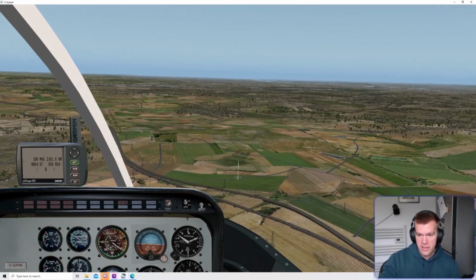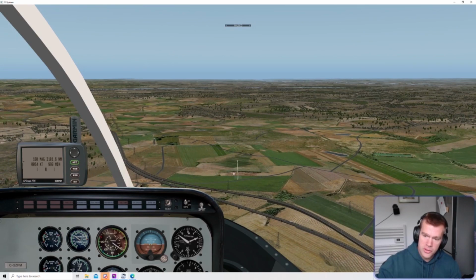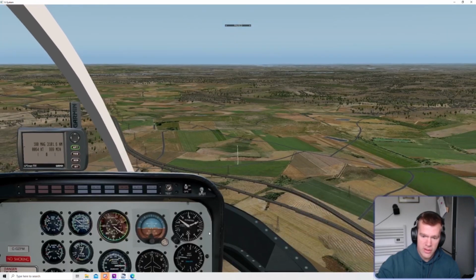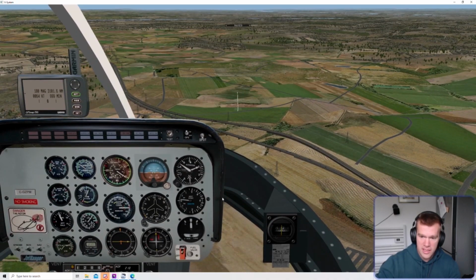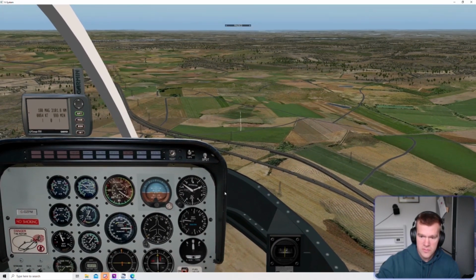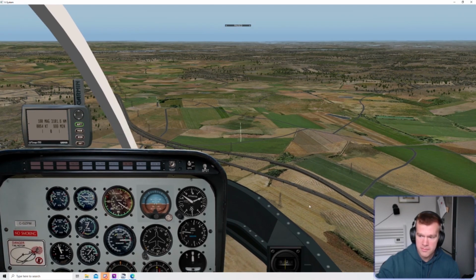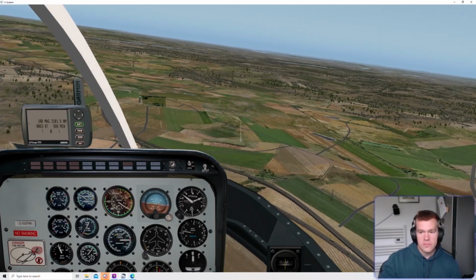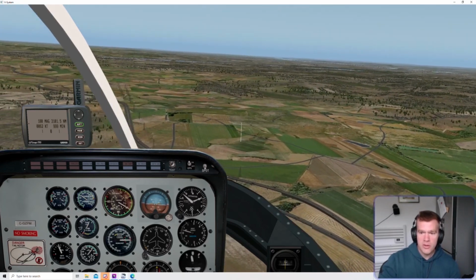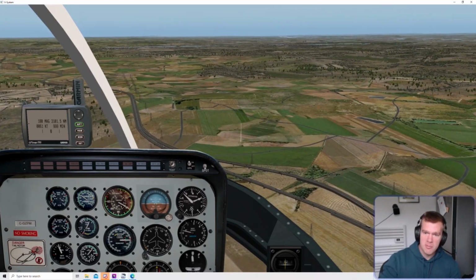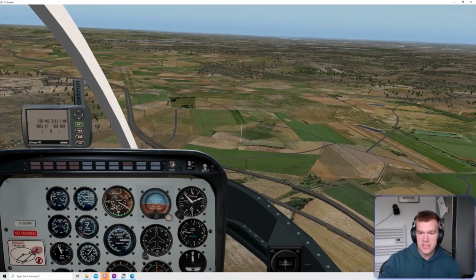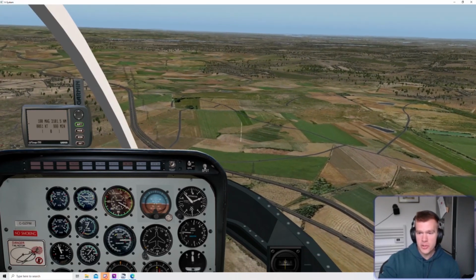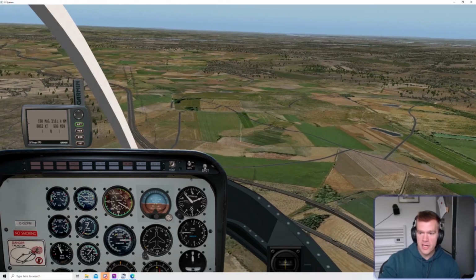Let me pause it for a second. So a little bit of white string here on the centre of the windscreen, and down here is a balance indicator. You can probably get both of these in shot at the same time. So as we're flying along, we're trying to keep both the string upright and the balance ball in the middle. They're the same instrument, they're just different displays. It's easier using the string because it's in your eye line when you're looking out the window rather than the